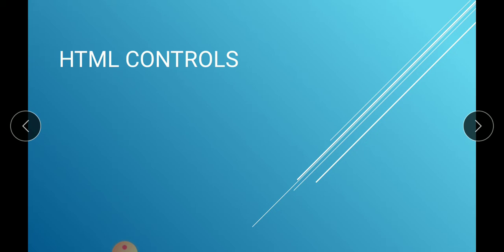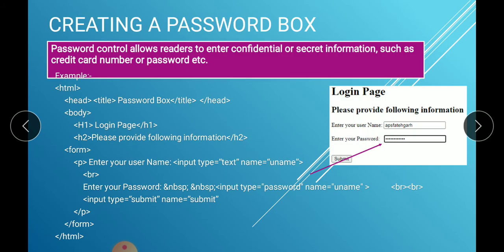Now, in more controls we have the password box. Sometimes while you are entering your user ID and password, your user ID will be visible to everyone. That means anyone can view the user ID which you are entering in the box.